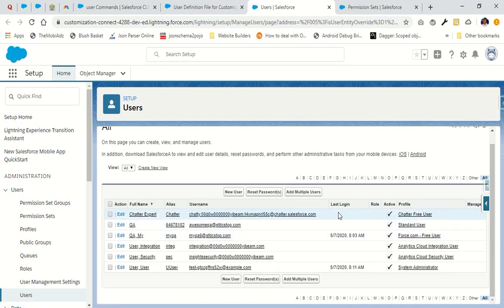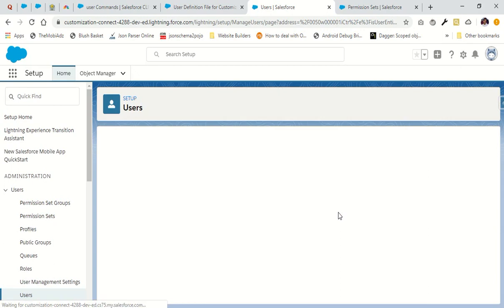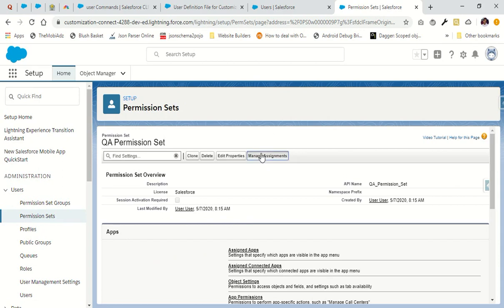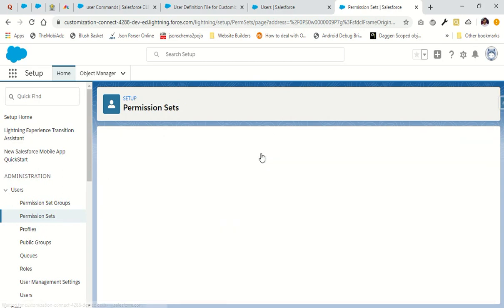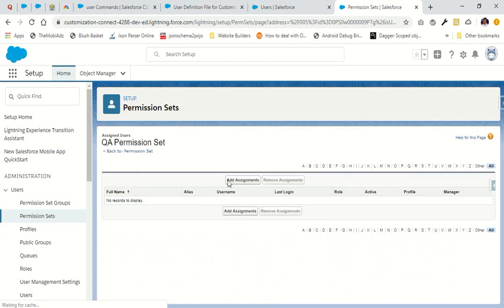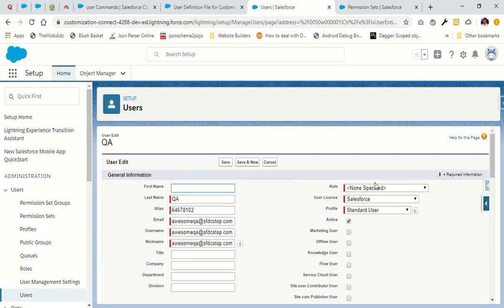So let me show you once again. I'm just going to change its license, and actually, I need to remove it from the permission set as well, because I think the permission set is assigned to this user. Okay, so yeah, the permission set is not assigned. So let me change the license very quickly.